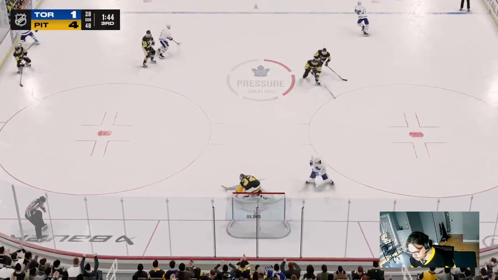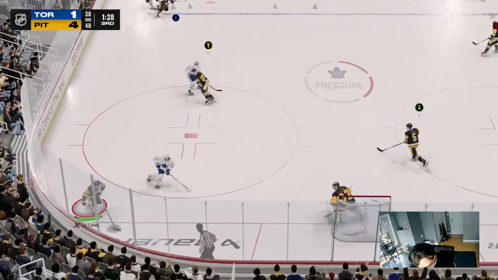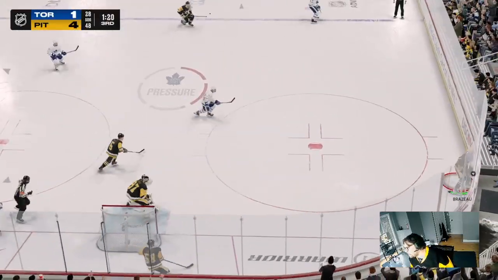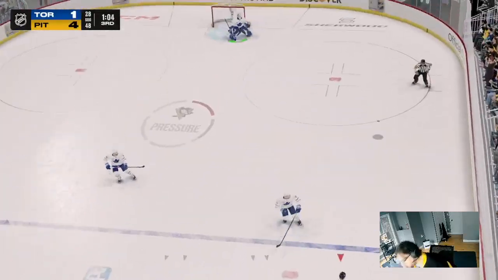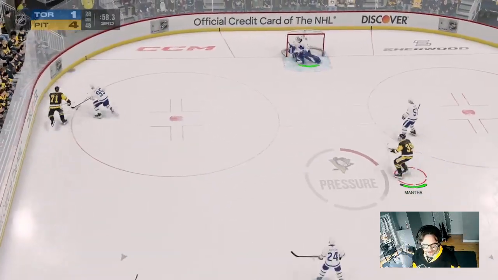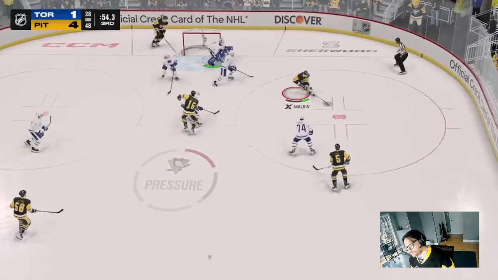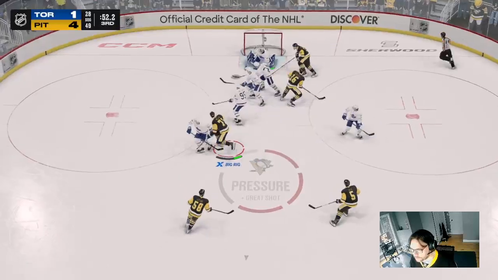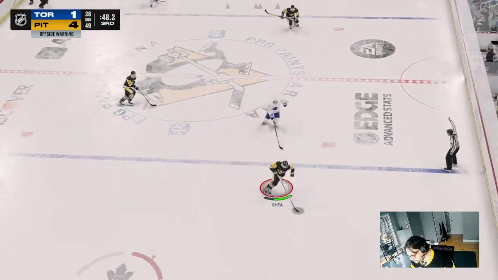McMahon. Michelli alone in front, and he couldn't finish. Pass along the wall to Brazeau. Mantha gains the red line. Collected now by Malkin. Malkin fires, pad save, Stolarz. See, now I got it.